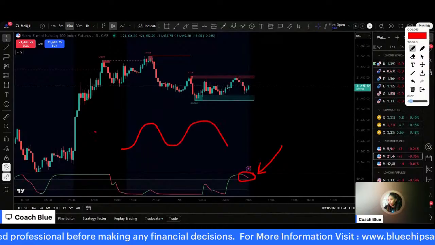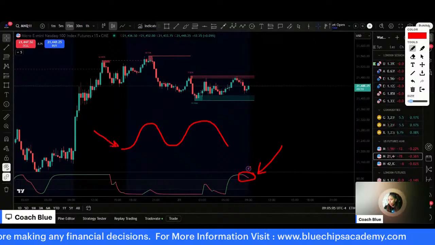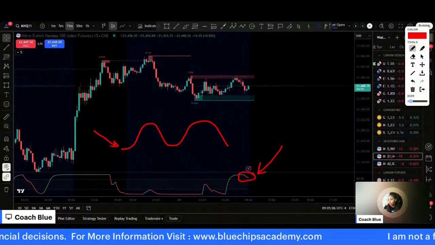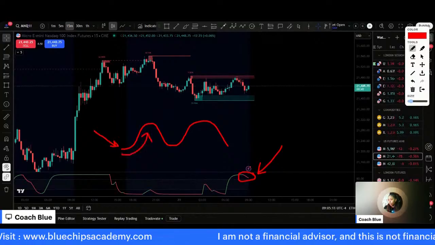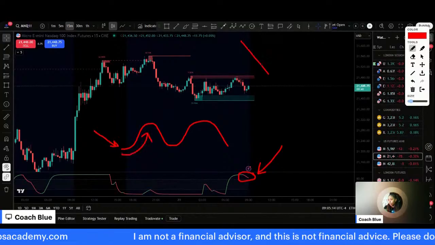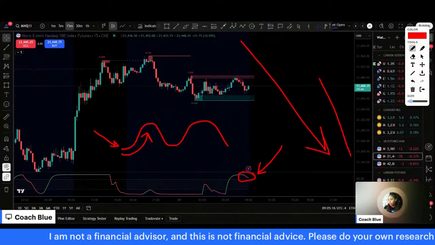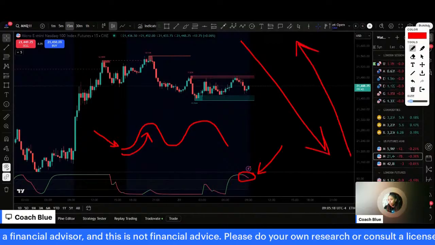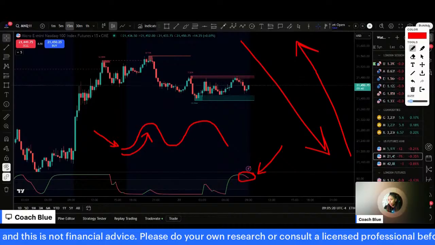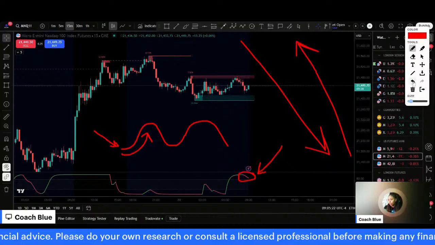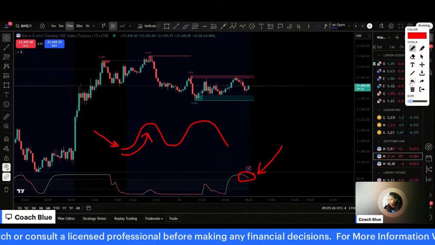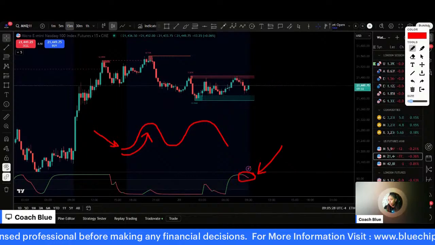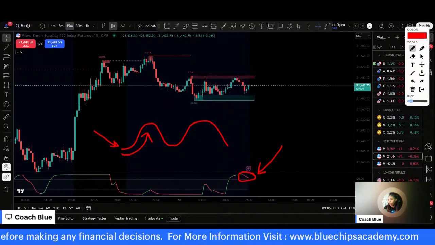When the STC is at the bottom, down here, if you're on a roller coaster, you're at the bottom, you're expecting, okay, because at some point the market has to correct itself. You'll never see the market just move straight down, and you'll never see the market just move straight up. There's millions and millions of traders trading at the same time. Some think the price is going to move up. Some think the price is going to move down. Whoever has the most money wins the direction.